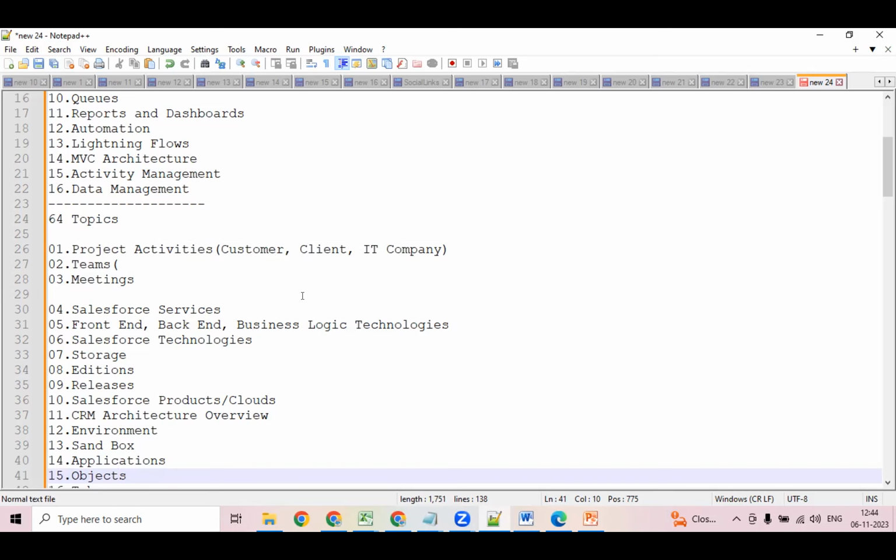So the first topic, three topics are there. Three are there. Remember those three. What are those? So you remember three. Next one, Salesforce